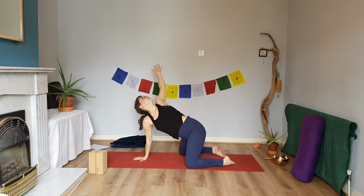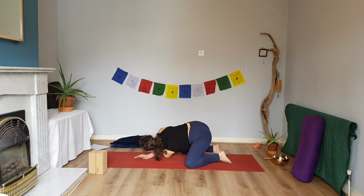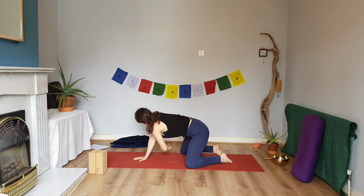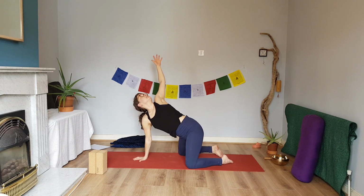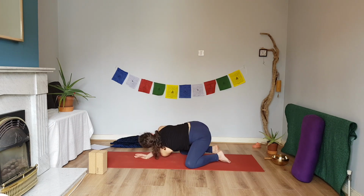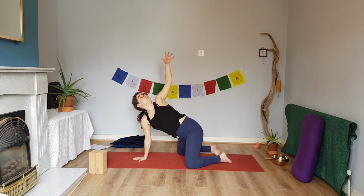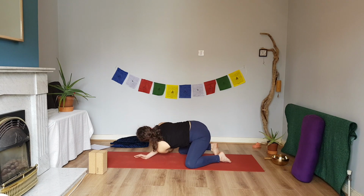Lift up, turn and twist, down and over to the right. Bend the right elbow. Look up, turn and twist, down and over to the right. In to thread the needle. Option 1, let your breath flow. So you're moving and you're letting your breath flow whatever way it feels nice. Or option 2,